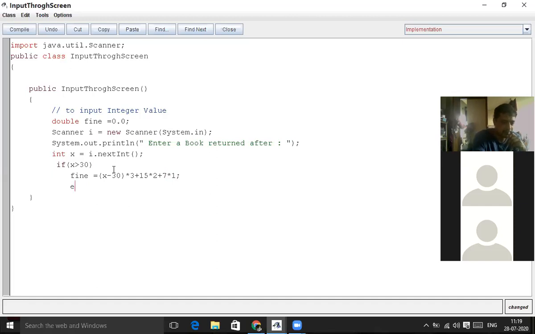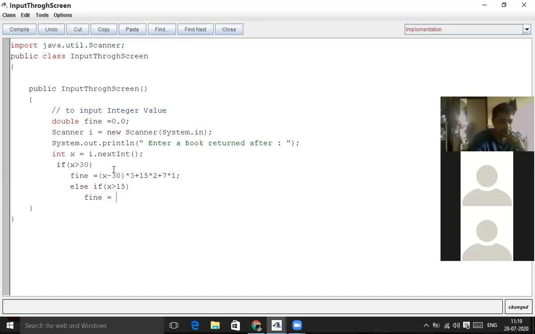Let me do it. So this is if it is above 30 days. Else, if it is not above 30 days, then else if X is greater than 15. In that case, my fine will be, what is the fine?